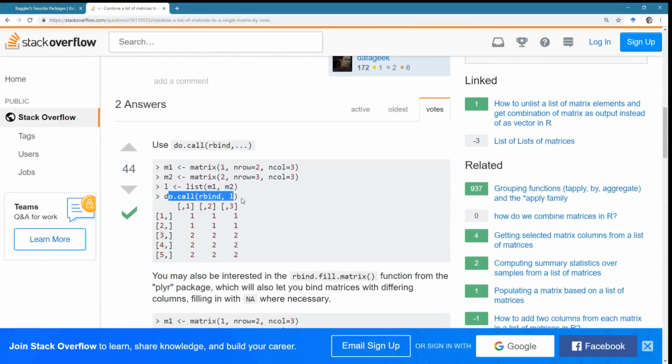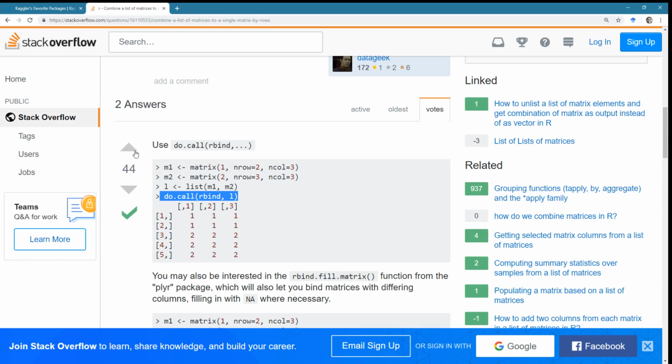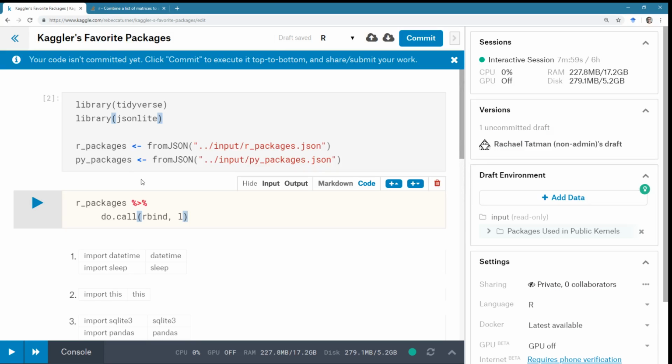Let's try this do.call rbind because we do have character matrices. And I think, okay, okay. So I'm thinking it's like lapply and that this is a 1. This is actually the name of the item that we're doing. So lapply and the apply functions, if you are working on something with 2 dimensions, you need to specify the dimension you're going to use. And this is actually the name of the thing.